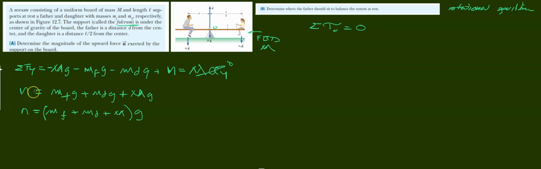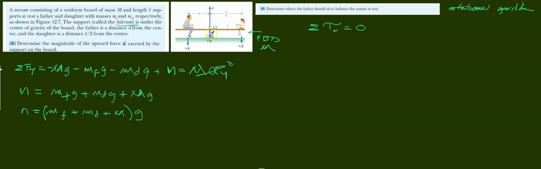But we have to choose a position to measure all the torque. So that's very important. The torque about any point in the universe, not any point close to the fulcrum or any point on the board. To have rotational equilibrium, the total torque about any point in the universe should be zero